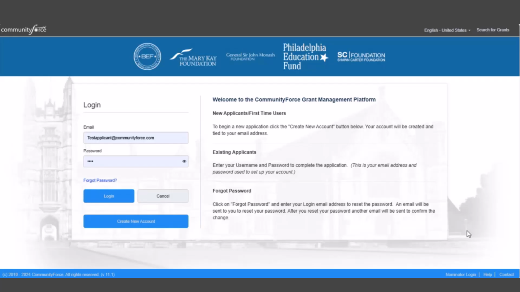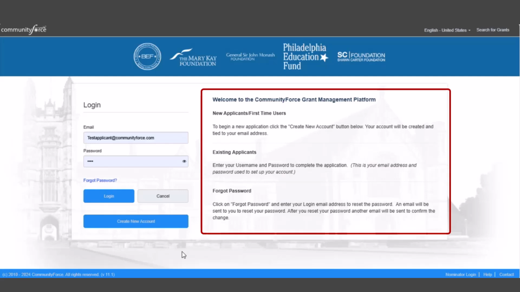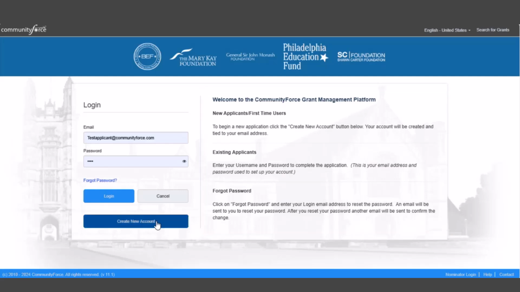Let's begin. This is a typical login page that the applicants will be directed to, and where they can create their account. The admins of the site have branding capability to add their logo on the top left, as well as change the theme colors, button colors, and they can also customize the welcome message. If they don't have an account, they can self-register by clicking the Create New Account button and simply fill out